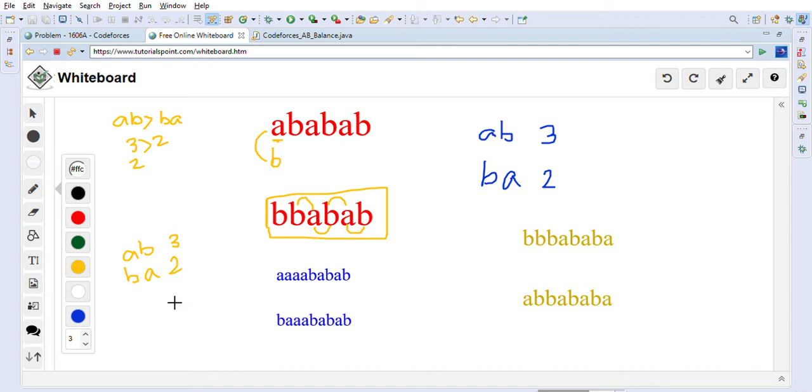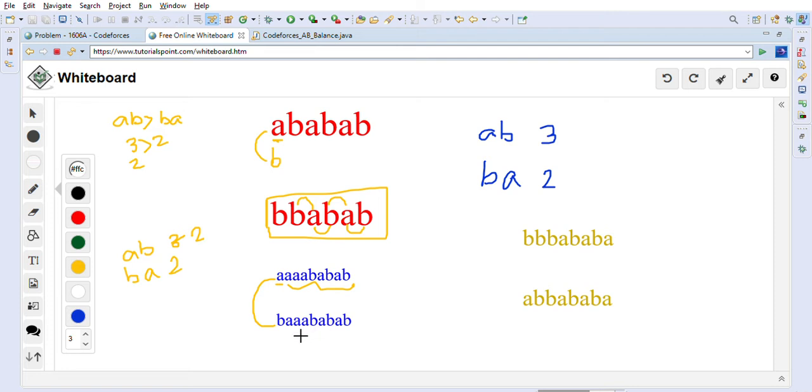So as per our logic, first we will check if AB is greater than BA, right? If AB is greater than BA and we are on the first character, which is A, in that case, we will change A to B. So we are changing this A to B as seen here, and we will reduce AB by 1. So now AB will become 2 and BA is also 2. So we will just append all the remaining characters as they are, because now they are already balanced.